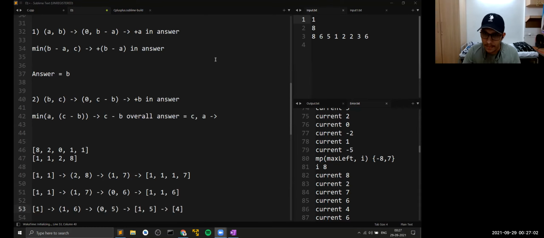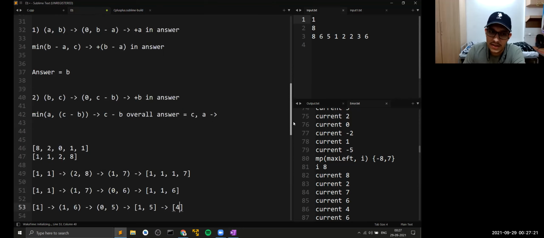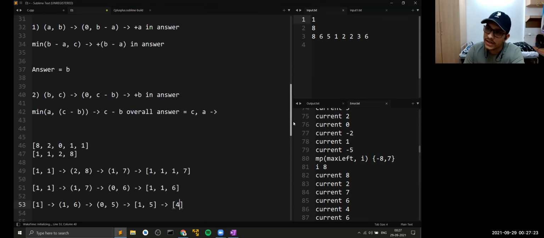Okay, yes, clear. You just said that we need to minimize output, but in your approach, you aren't. Why is this working? Minimize output, I'm not sure what exactly you're talking about. I did not say that we have to minimize the output. We have to maximize the output. What I was referring to was that for any question that requires you to print these outputs instead of just the number of outputs, an observation to make there should be that the number of outputs would be less. That is what I was saying.